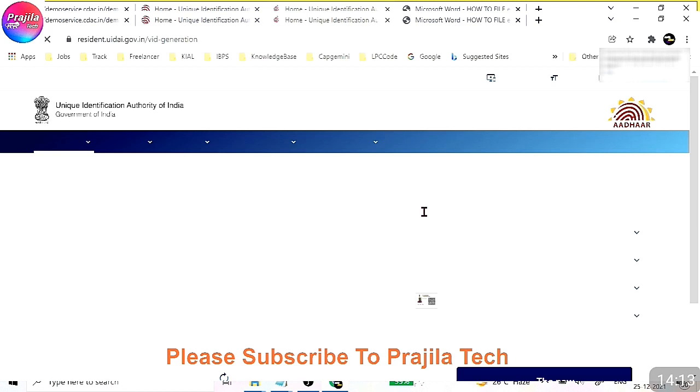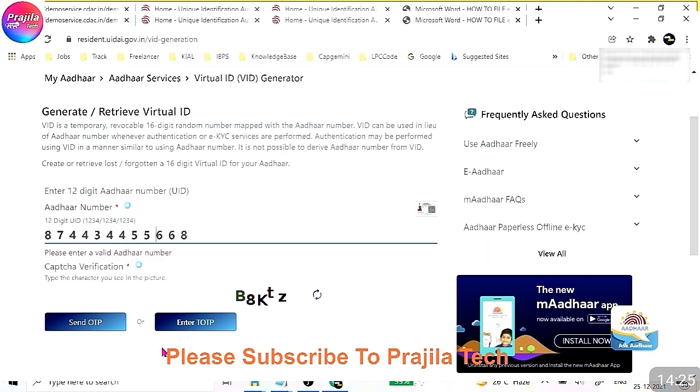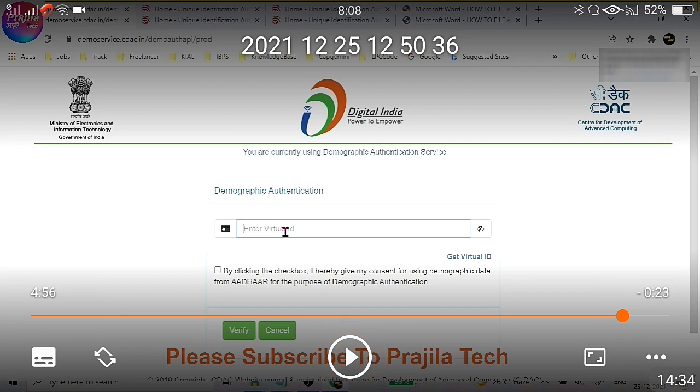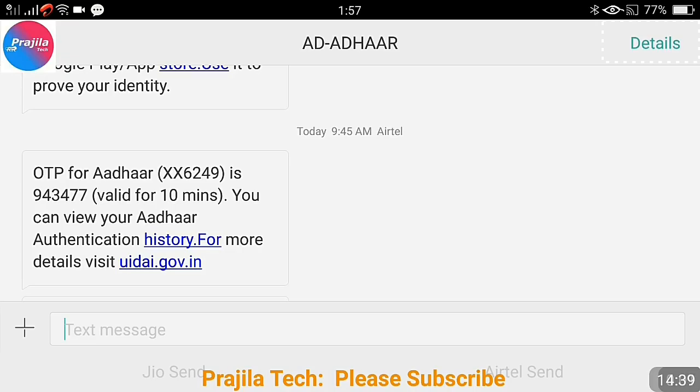After that, you get another window where you are going to enter your Aadhaar card number, because you are going to generate your virtual ID based on your Aadhaar card. Enter your 12-digit Aadhaar number here, and then the captcha whatever you are finding here, and click on the send OTP button. Once you click on send OTP, you will get an OTP like this. So this is the OTP you are going to get. After that, enter the OTP in the same UIDAI web page. Once you enter the OTP and click on submit,